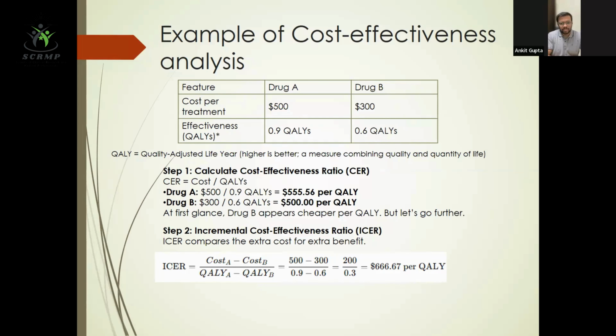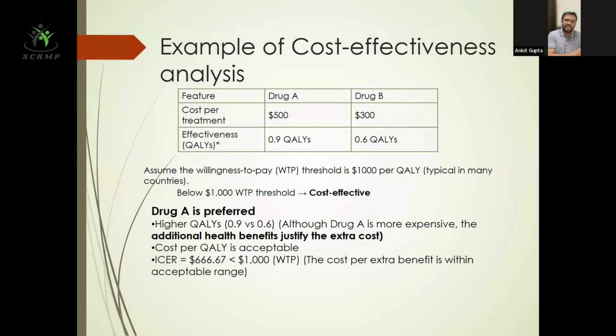So in order to understand and prioritize which drug to follow, we need to calculate the incremental cost effectiveness ratio, which is nothing but just comparison of the difference in the cost of drug A and B divided by the difference in QALYs of both the drugs, which comes out to be $666 per QALY. So on next slide, we will see that the ICER is